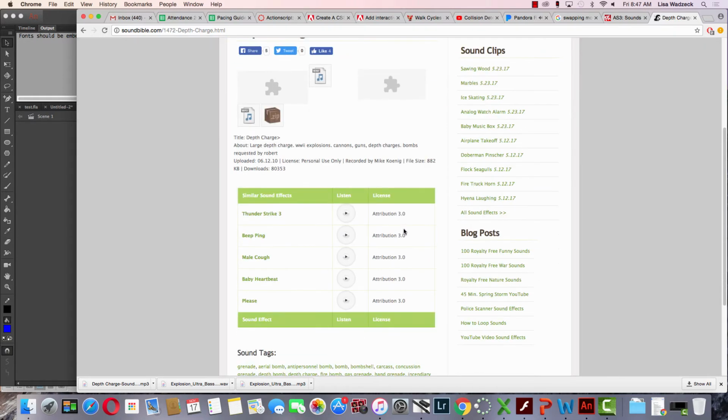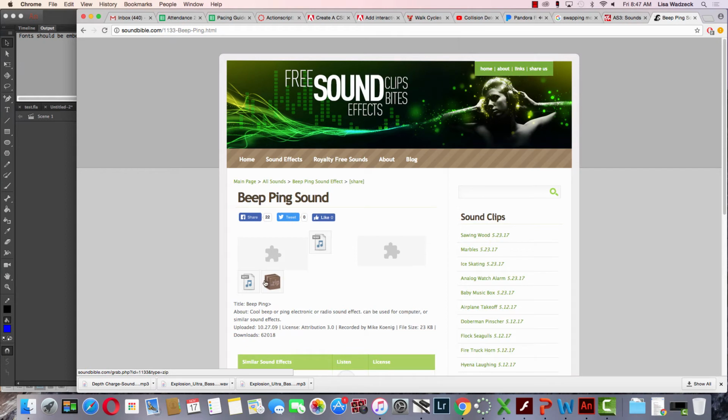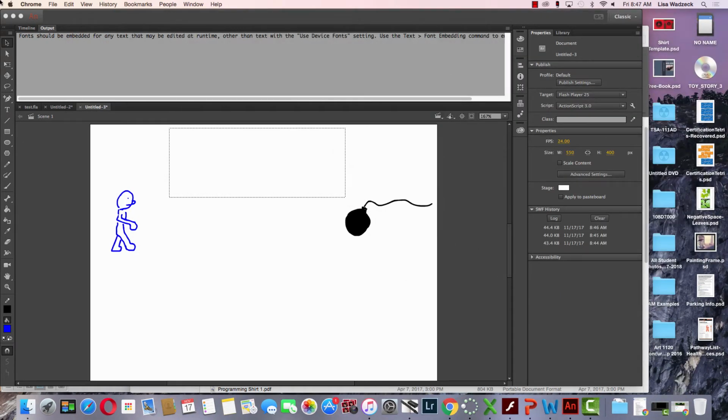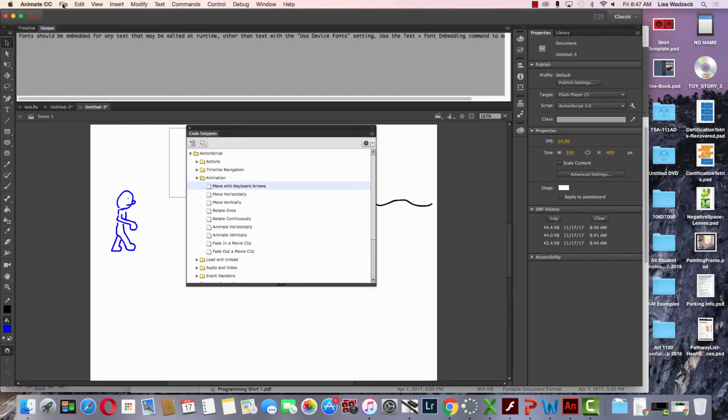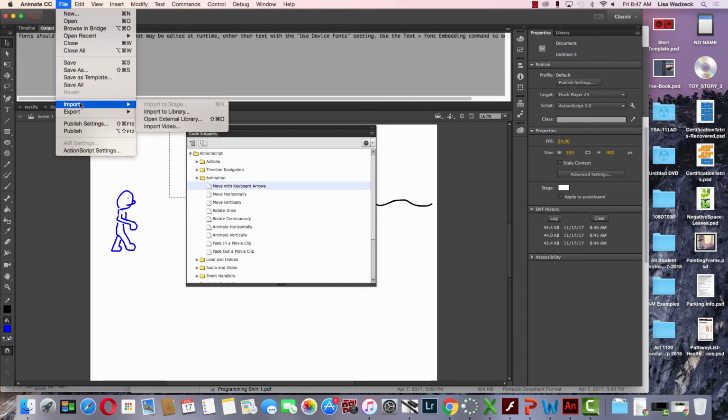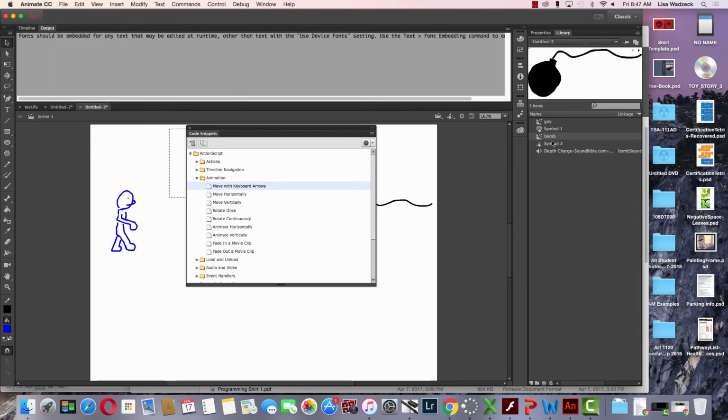Okay, so I went to sounds, found a sound I liked, clicked on it, and then hit the file and downloaded it. And then I came to Animate and I did the file. Let's click on Animate so we get its options. File, import, import to library. So you can see in the library that I have a sound somewhere. Where'd it go? There we go. Depth charge. So if I test it,